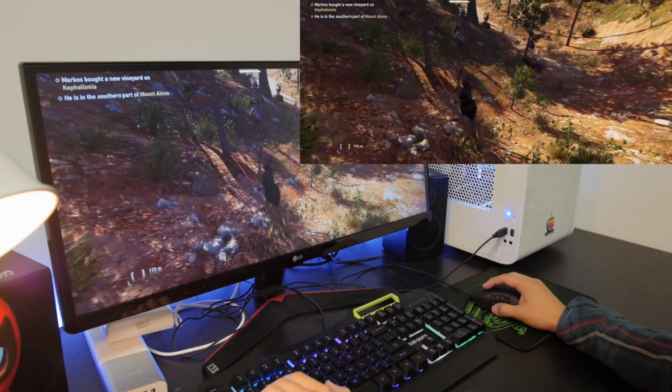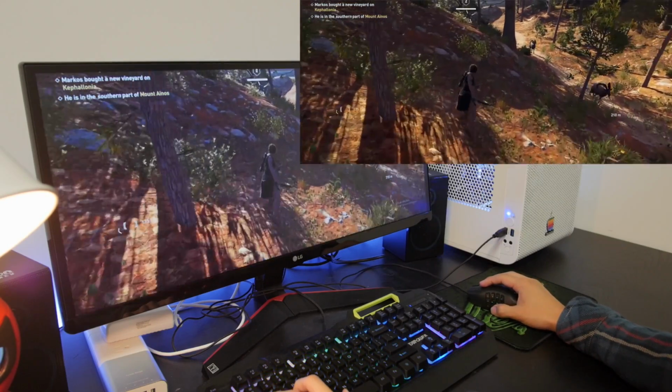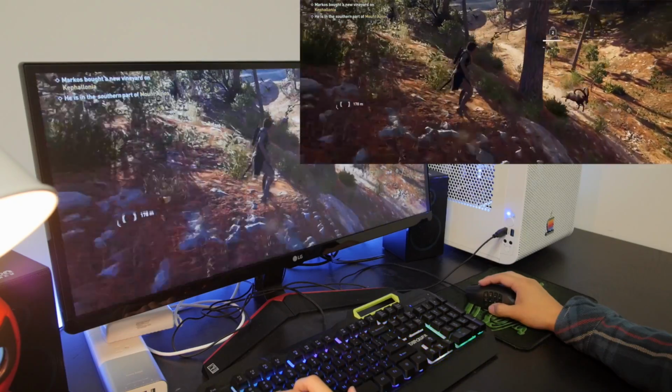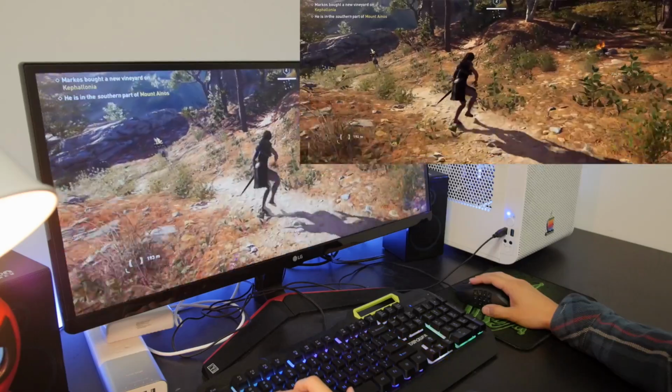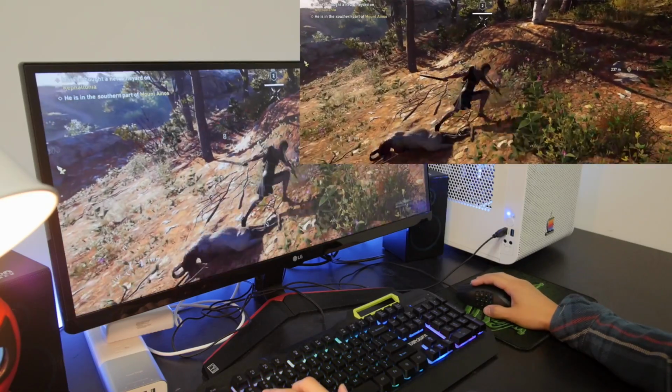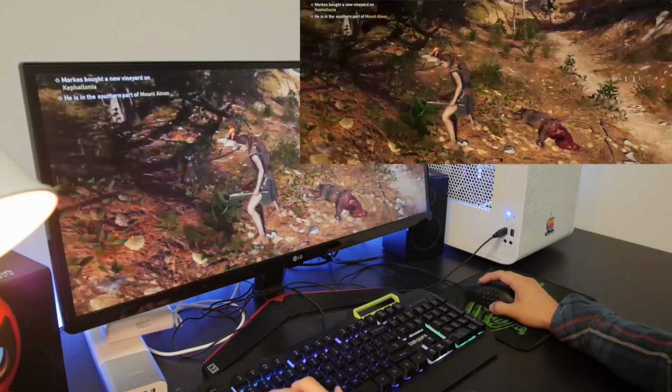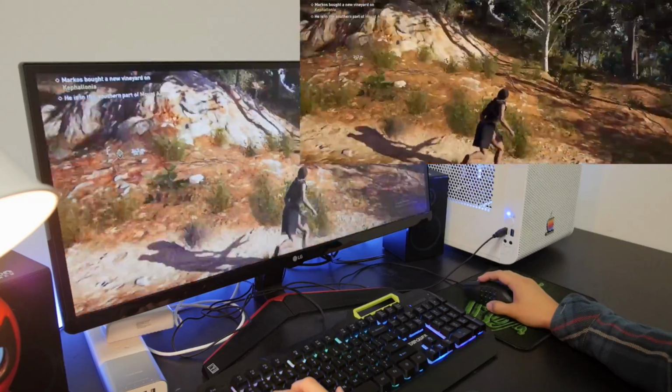Let's see, what else should we talk about here? Okay, yeah, the future, right? So if this is indeed the future of gaming, man, I could see this taking off. This could be a really big thing. It's not necessarily for the hardcore gamers. I know hardcore gamers,